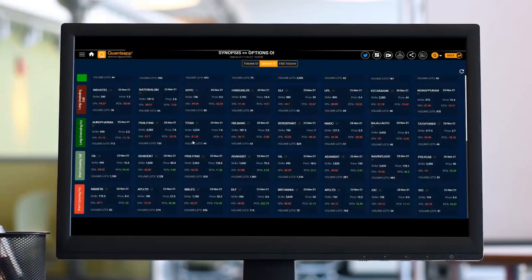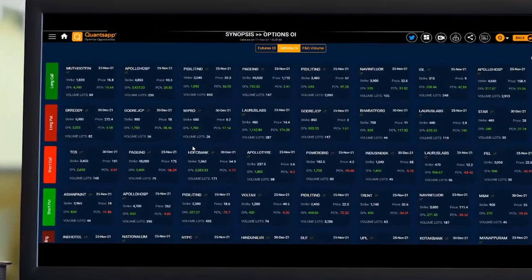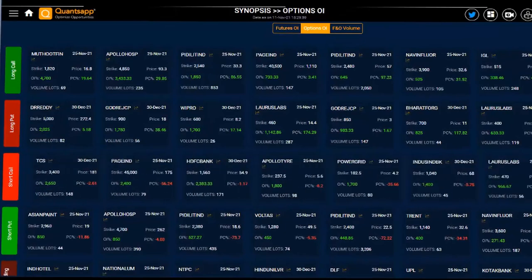Now using the Synopsys tool, we can identify such opportunities in next to no time. All we need to do is come on Synopsys, check where short covering on short call is happening, and check which strike prices specifically long put is happening, wherein the tool will directly tell you the top strike prices where the prices of those options have gone up and the open interest has gone up the highest, of put option.